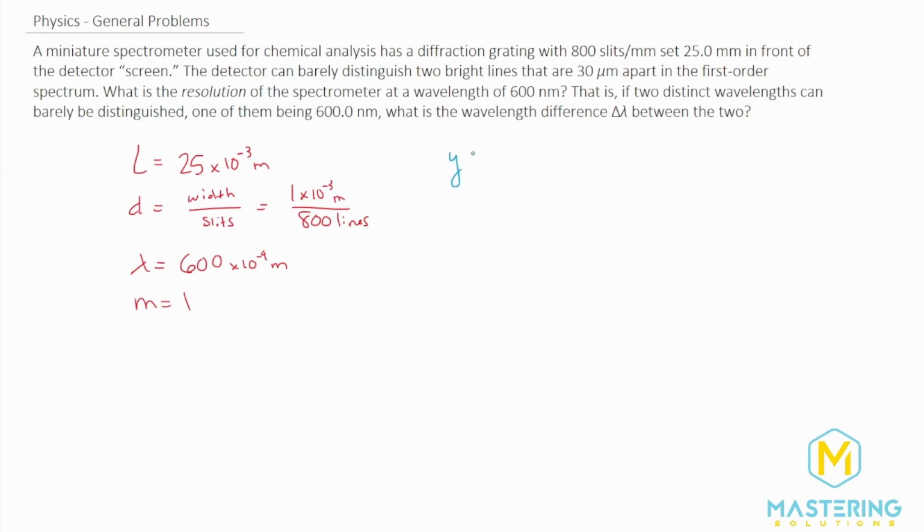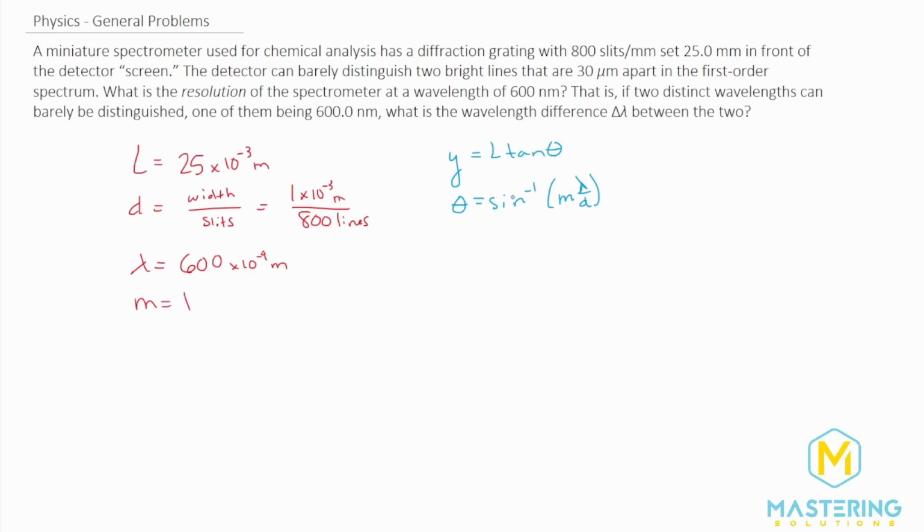So we're going to use the equation y equals L times the tangent of theta. And we'll also be using theta is equal to the inverse sine of m lambda over d. Now, the book gives it as sine theta equals m lambda over d. I just moved it over with the inverse sine. This is very similar to the past couple problems that we've done. And in the past, we would do it in two steps. So we would start and find the angle first and then plug it into this equation.